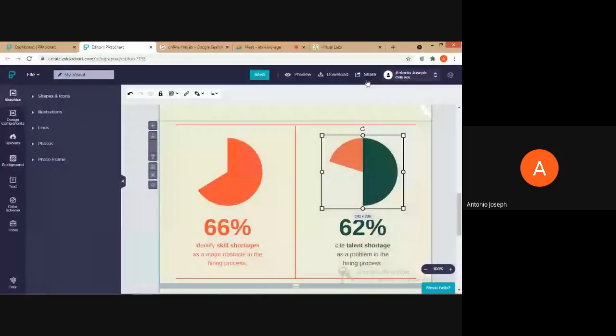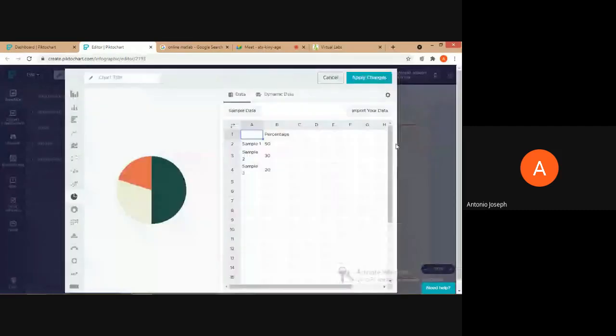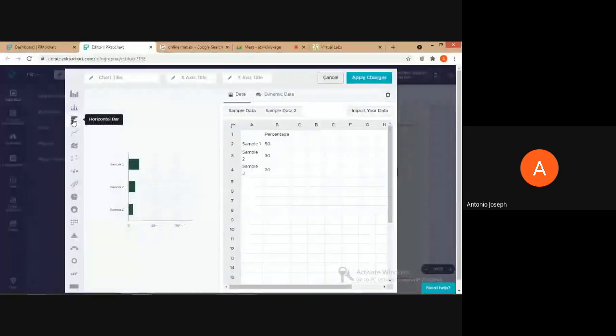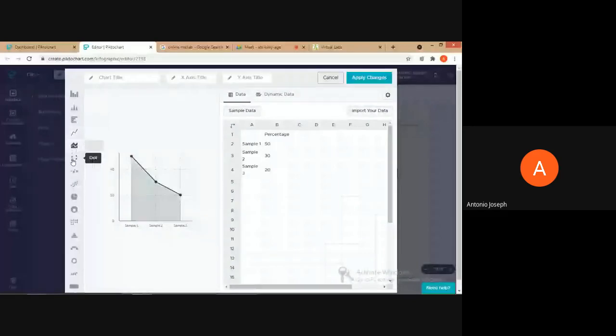Similarly, we can change the type of the chart also. Here we can see histograms, vertical bar, triangle bar, horizontal bars, then line plot, area plots, then dot, then bubbles, where the data is not sufficient for that.